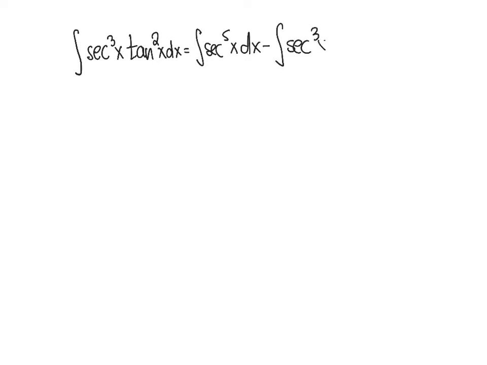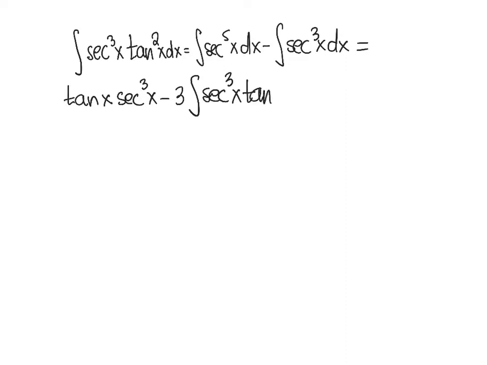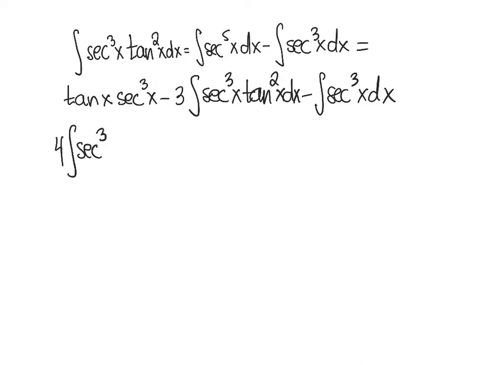And as we just saw, the integral of secant to the fifth is tangent x times secant cubed x minus 3 times the integral of secant cubed times tangent squared, and then minus the integral of secant cubed. Let's move negative 3 times the integral of secant cubed times tangent squared to the left, combine it with the integral there, which gives us 4 times the integral of secant cubed times tangent squared, and that's equal to tangent x times